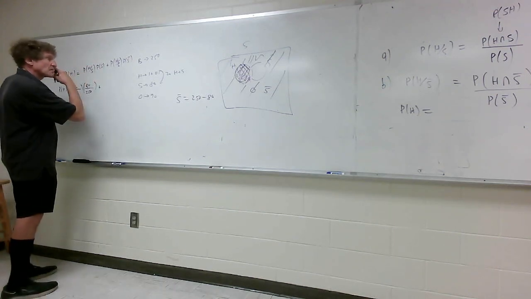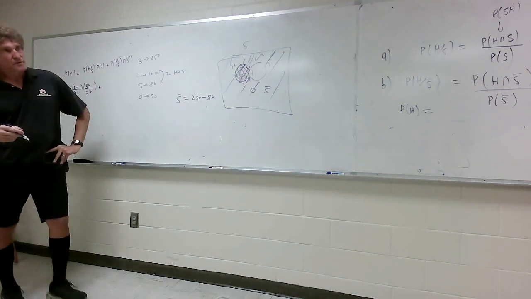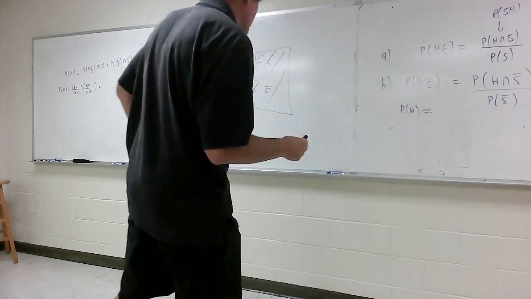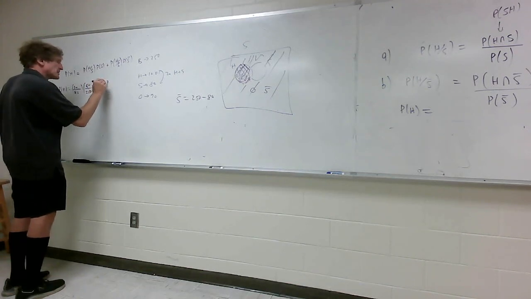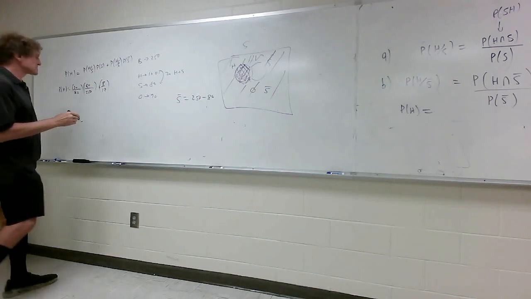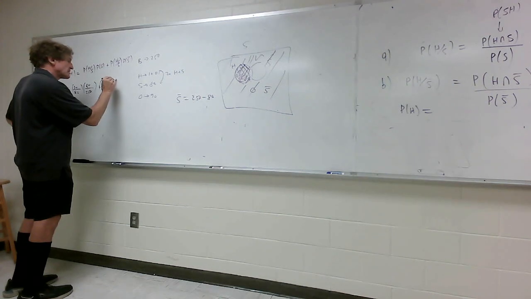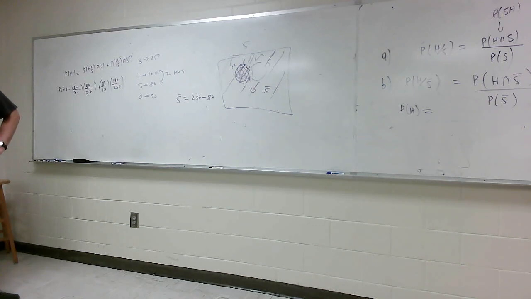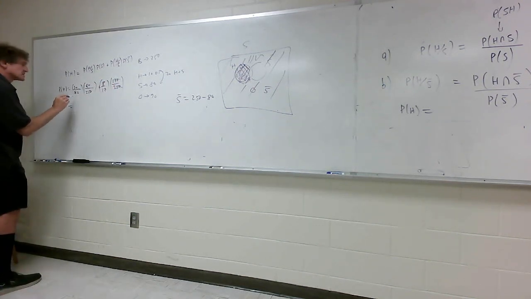Then it's plus the probability of H given S bar, and we've got that right there, which is 8/17. Correct, class? And then it's times the probability of S bar, and that boils down to what? That's really 170 over 250, correct? I believe. So you can see what I end up getting is